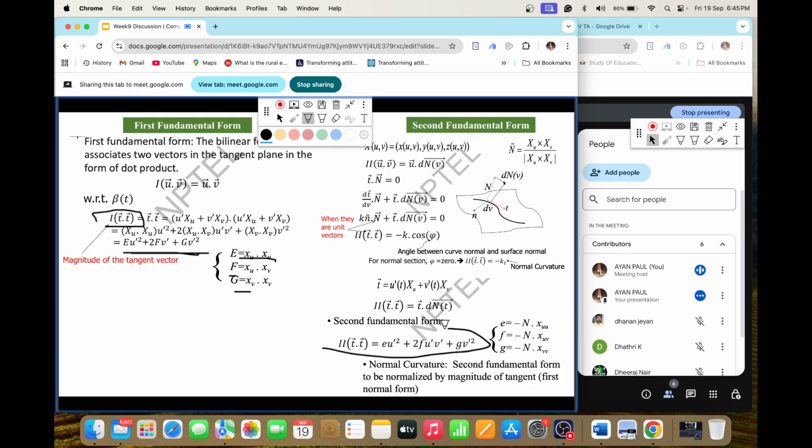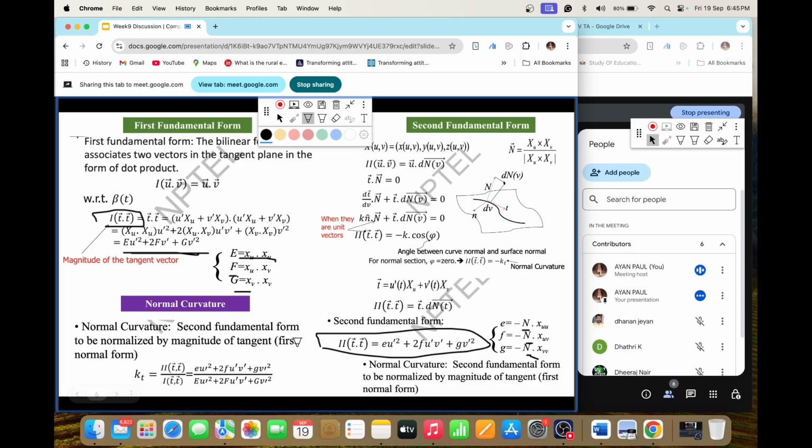And this is the equation of the second fundamental form. The second fundamental form tells us how the surface is changing. So that is why here every equation you will have the normal in it. Again it is written in the same type of equation, to have consistency. Here, in place of capital E, in the second fundamental form we use the small e. So small e u dash square plus 2f u dash v dash and then g v dash square. Okay, so this is the second fundamental form.